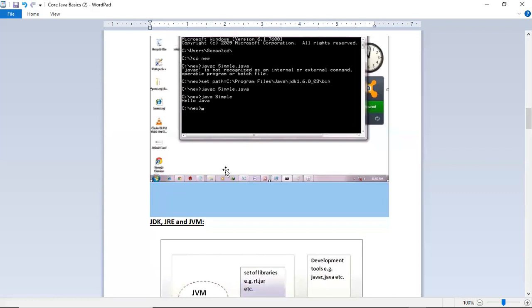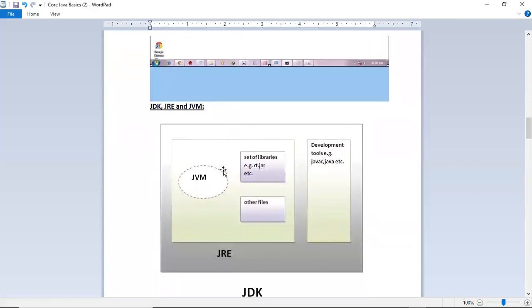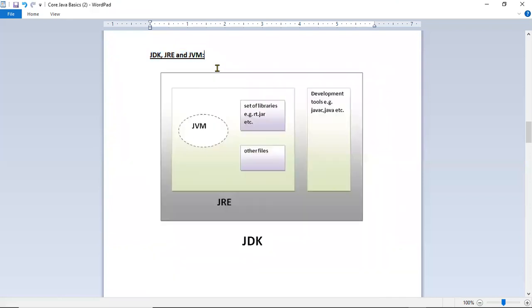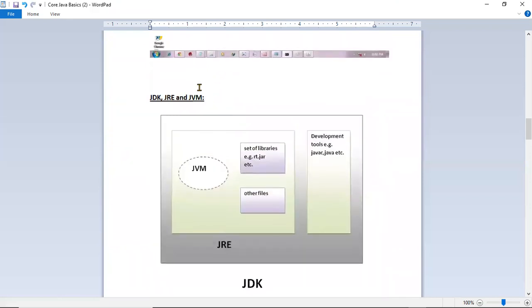Okay, screenshot. And now I'm going to talk about JDK, JRE, and JVM. So these are the three components of Java. So JDK, let me write down here. JDK means